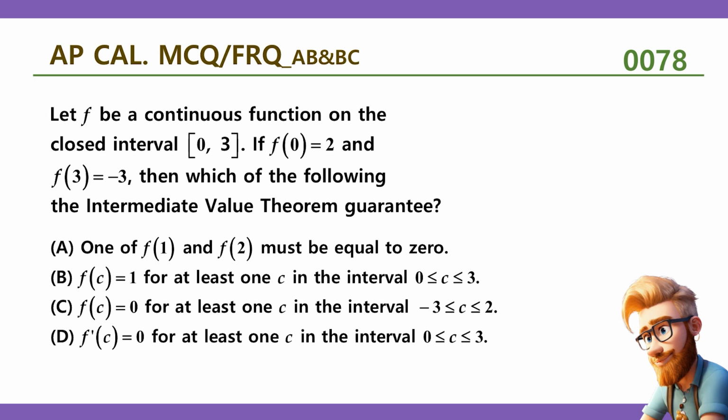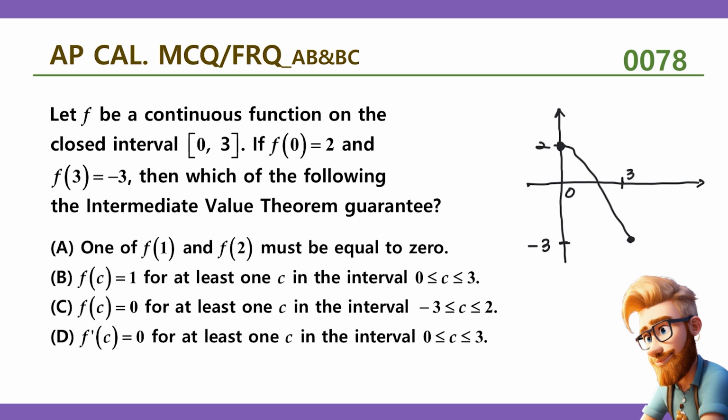So let's draw the function f. Here we have the information f of 0 is equal to 2 and f of 3 is equal to negative 3, right? So if this is 0, let's say here's 2, so the function value is here. When x is 3, y is negative 3. So the function value is here, right? Remember, the function is continuous. So I'm just going to draw one possible continuous function, like that, okay? All right,